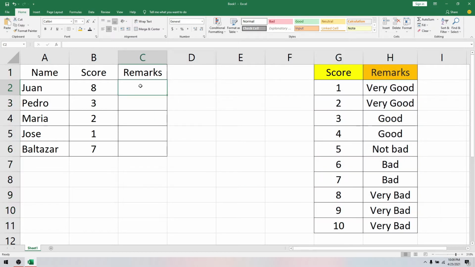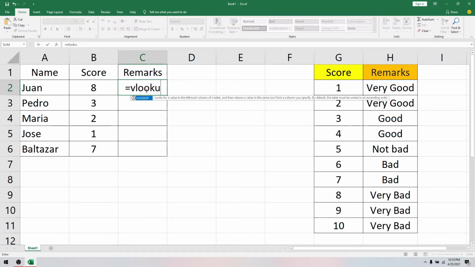So I have here the remarks. Every time I change the score, the remarks will also change based on this reference. So we're gonna use the formula, which is the VLOOKUP. We'll start with equal, and we'll type VLOOKUP, open, and then we will select this